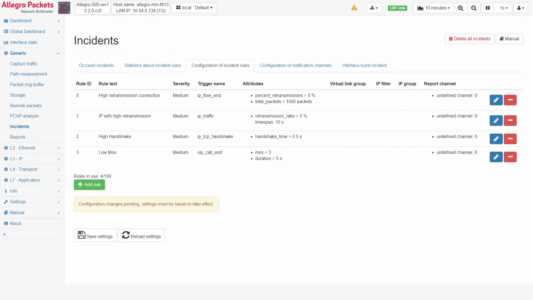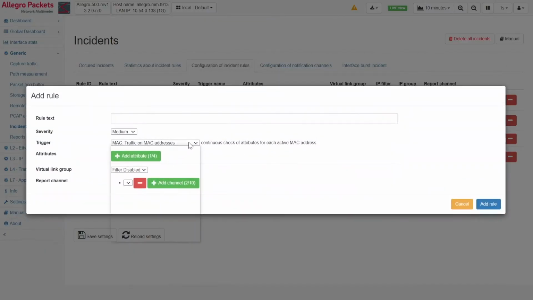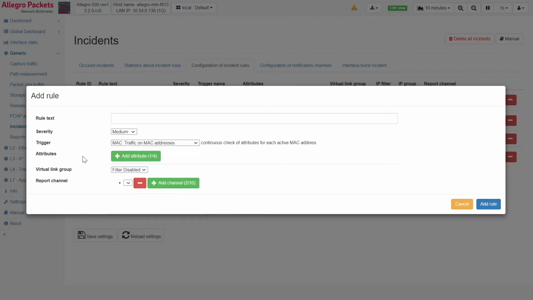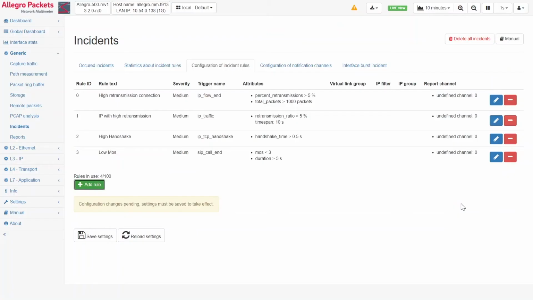Or if a SIP call has ended, for example, then when the MOS is low and the call was more than 5 seconds. When a call is 1 second, calculating the MOS is quite complicated, or not possible even. So only for calls which were really existing for 5 seconds, we try to report everything where the MOS is below 3. And of course, now you can add a lot of other rules, and with this release, we added quite a lot of filters. We will add more filters or more triggers with the next release.